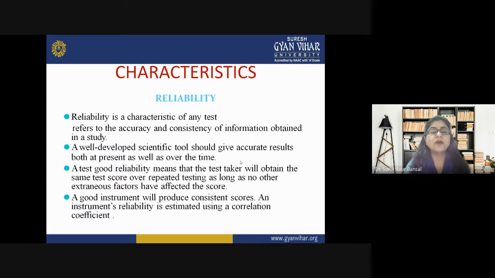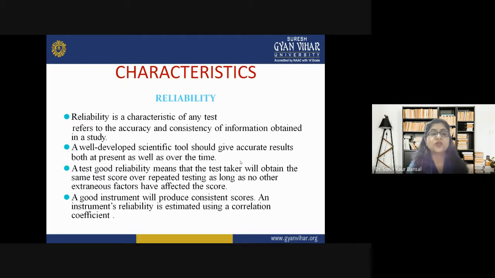So now, after studying some value points of the standardized and non-standardized tests, now let's understand the characteristics. First of all, reliability. So what is reliability? Reliability is, students, a characteristic of any test. Being reliable is a good characteristic. So we are using this term in reference to our test also, and it refers to accuracy and consistency